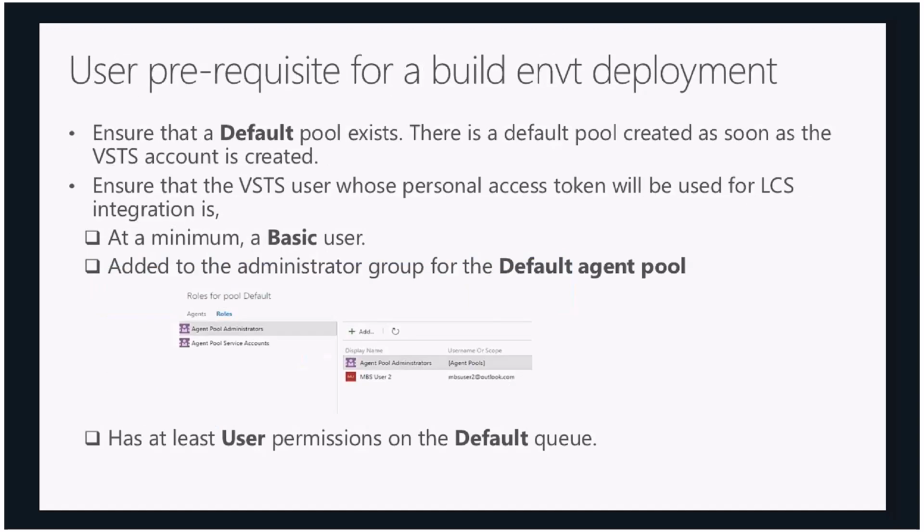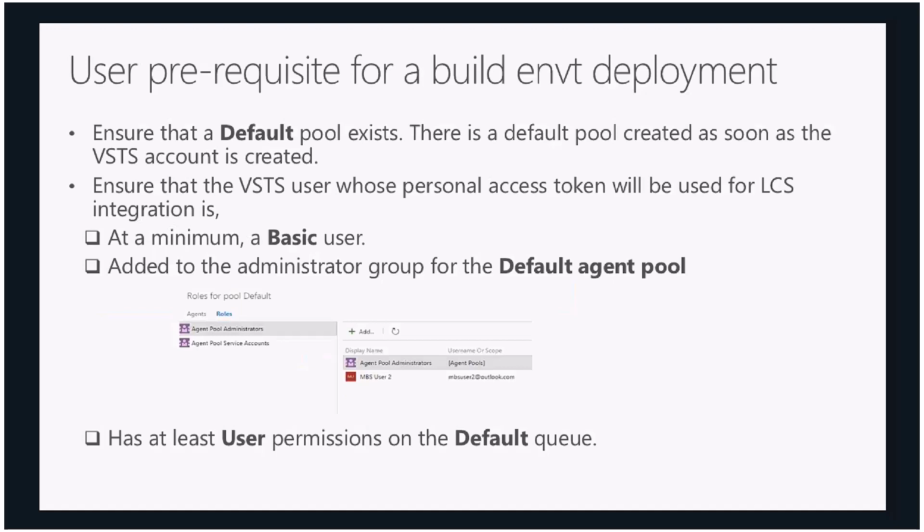A couple of prerequisites that are very specific for Dynamics 365 implementation. As you might all be aware, the Dynamics 365 for operations subscription offer comes with a build environment, which can either be deployed as a build environment or as a dev environment. For that build environment deployment, we have some checks in place that verify and validate